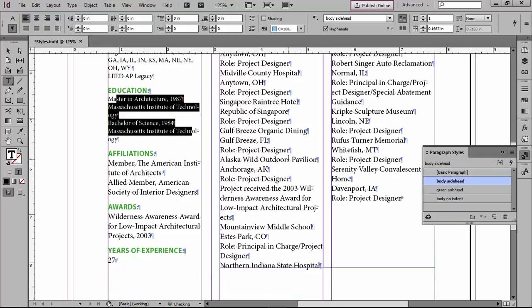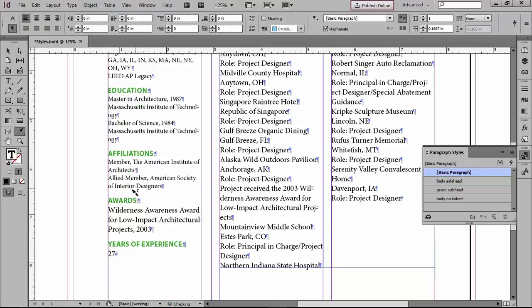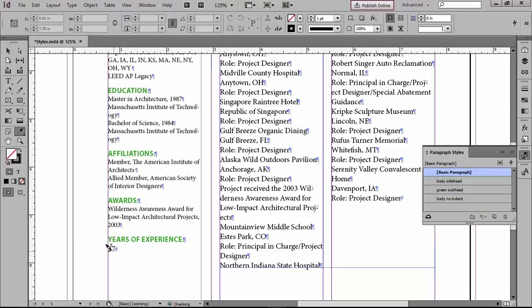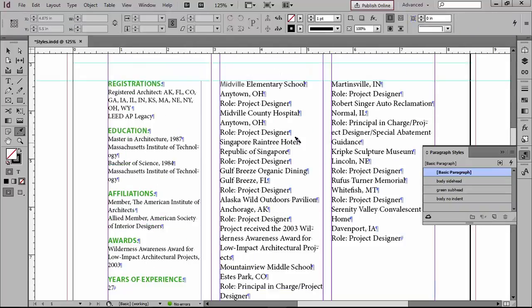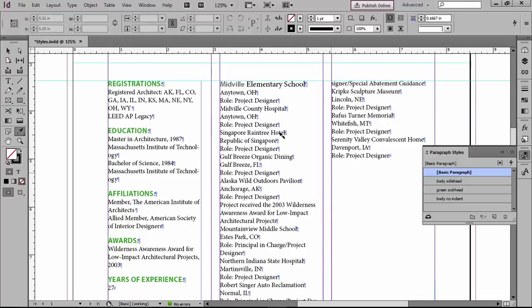My body side head, and I can use my little eyedropper here too. I can get my eyedropper, click in the text that has the formatting I like. You'll see that it switches sides and it develops a little T by it. Now I can come down here and just click and drag across those paragraphs and apply that style very quickly. And then over here, I'm going to apply that style to almost everything,